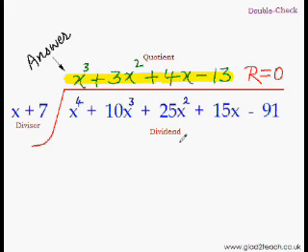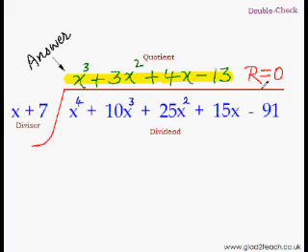By the way, the correct English pronunciation of this word is actually dividend, but since dividend rhymes better with divisor, the students prefer to call it dividend. It helps them recall this word better. So whichever way you are comfortable, you can call it that way. I leave it up to you. And yes, the part that is left over is known as the remainder.